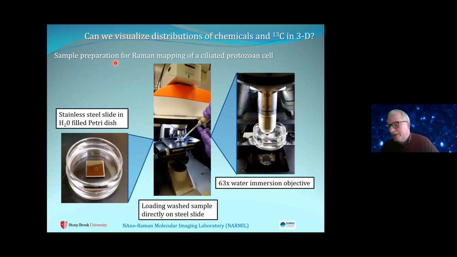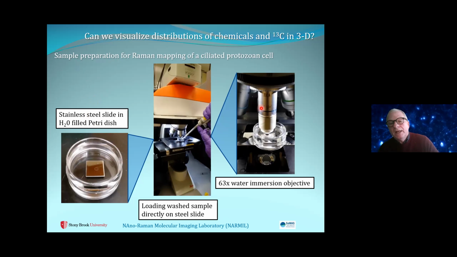with cells that have never been dehydrated, never been filtered, just preserved? The only requirement is the cell can't be moving. It's got to stay still so we can produce the map. So my postdoc Felix Weber developed a technique where we actually put the stainless steel substrate underwater in a small petri dish. By pipette, he deposits a cell suspension of his ciliates onto the slide, and we have a water immersion 63x